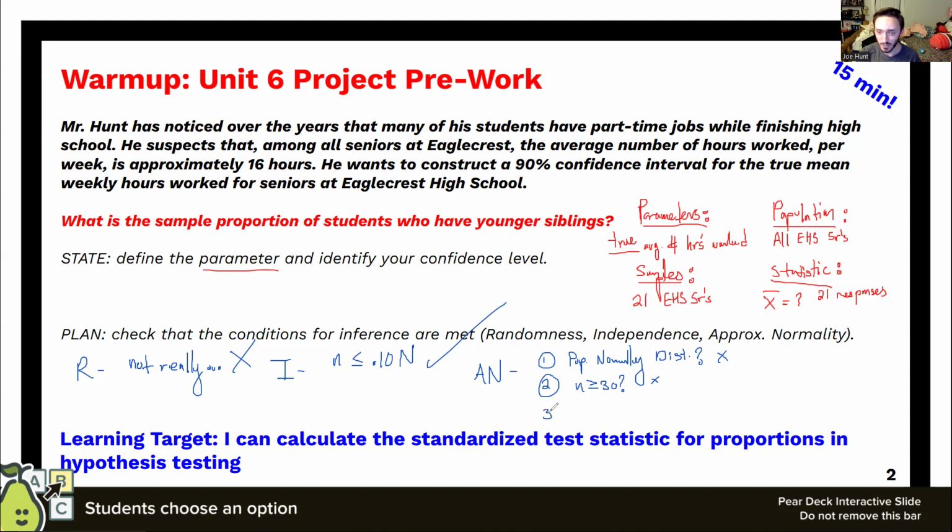The last thing that we might be able to argue is whether or not the data set in the sample is symmetric, or at the very least that there's no outliers. This is kind of the weakest argument we could make in this scenario, but this might be the only one that's possible. Now, what I'm going to do is maybe throw the data into Statplet real quick so that we can take a look at it, and we'll see if we can make this argument based off of the data that we've collected so far.